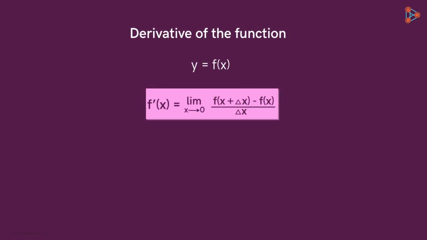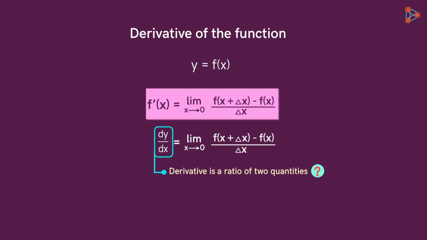So until now, we've seen many aspects of the derivative of a function. Also, we've seen related to this idea that there are many notations involved. One particularly important one we haven't talked about is this one, dy by dx or df by dx. This notation suggests that the derivative of a function is a ratio of two quantities. But we know this is not the case. As we've seen before, the derivative is the result of the limit of this ratio. It's not a ratio in itself. But we will see how useful this notation is as we delve deeper into calculus.